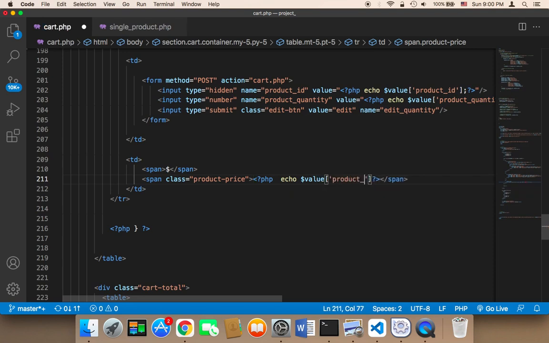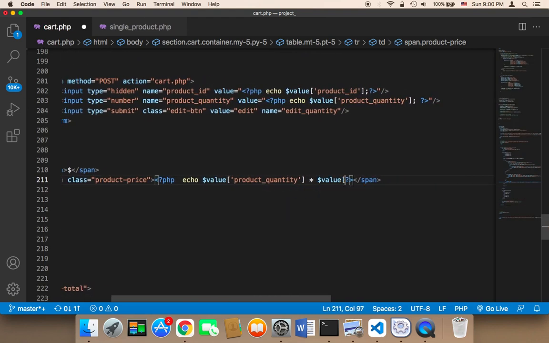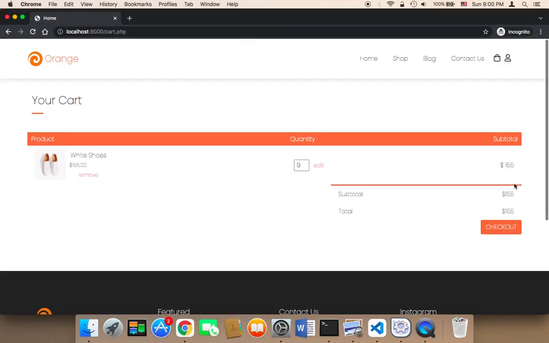quantity times the value product price, product underscore price, and then semicolon. Don't forget the semicolon. Now let me save and let me refresh and show you that now this is going to be 9 times 155,